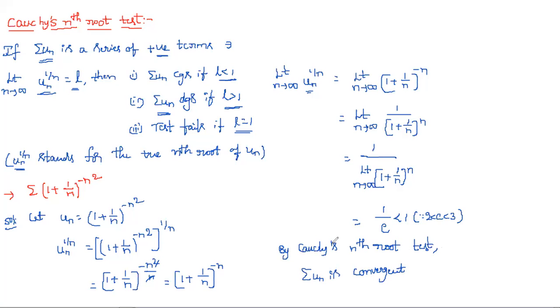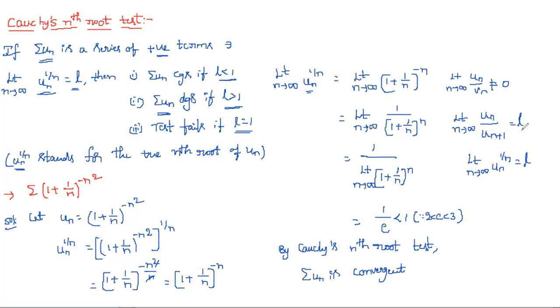The only thing is that the condition is different here compared to the ratio test and the nth root test; everything else is the same. If you are applying the comparison test, you need to apply limit n tends to infinity of u_n by v_n, and that should not be equal to 0. That is the comparison test, and of course, only if v_n is available can we apply this. Another one is the ratio test, which is limit n tends to infinity of u_n by u_(n+1) equal to L. And for the nth root test, the condition is limit n tends to infinity of u_n power 1/n equal to L. So you need to remember these conditions.